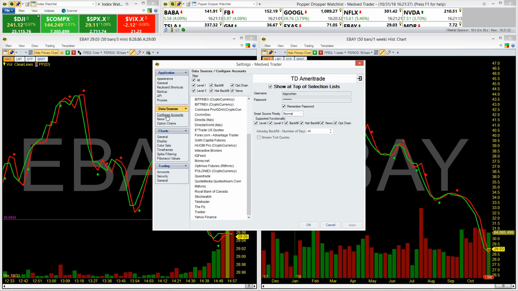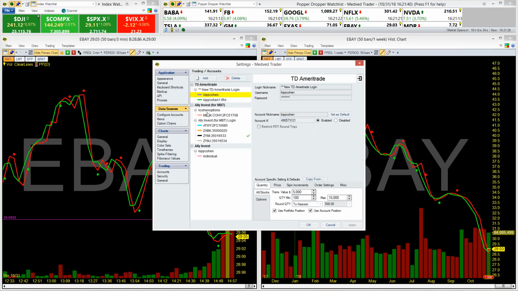Now that's separate from your accounts, which is another source of information. You can see here, I have two accounts at TD Ameritrade. I have a cash account and I have an IRA. So I can view either one of these accounts in my Medved. I also have accounts with Ally Invest. I have an options account, a cash account, and some demo accounts. So I can access any one of these accounts